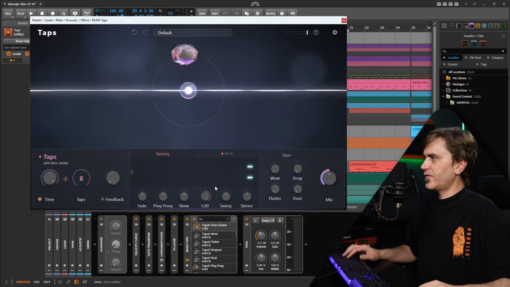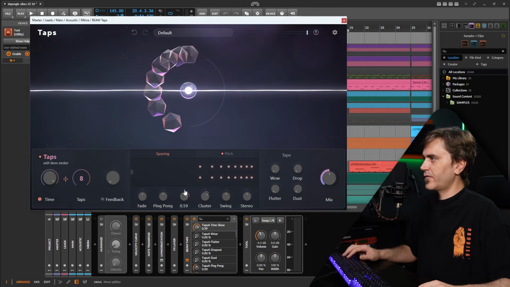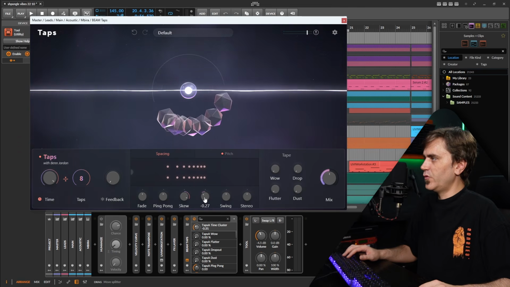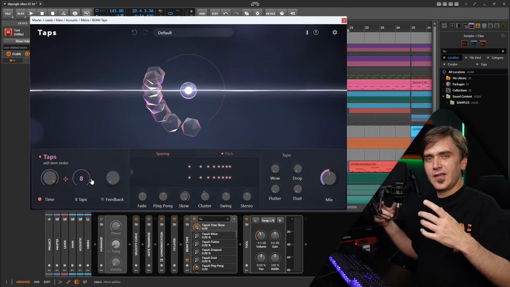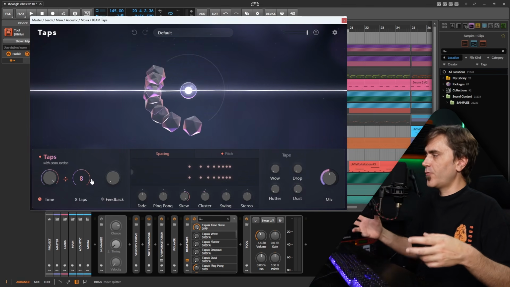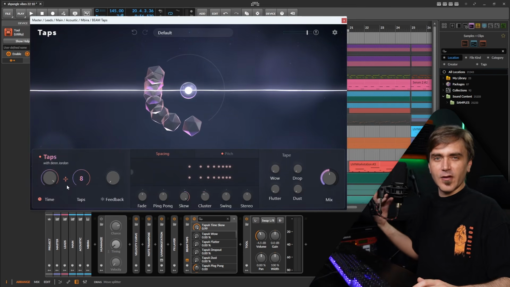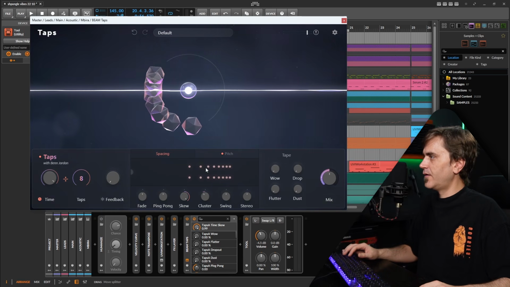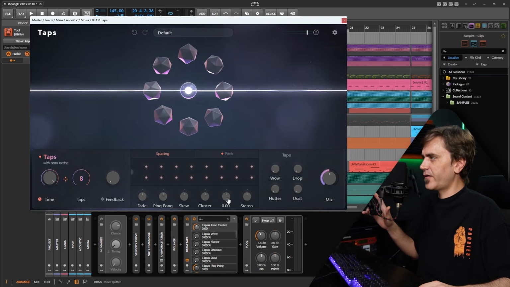whereas cluster just moves them all left or right, if that makes sense. So this creates a rhythmic curve, whereas this just moves them. These take things a little bit off time, so they're not as cool for creating more snapped rhythms. But this can be really cool at faster tempos to create almost granular experimental micro rhythms and that kind of thing. I'll look into those shortly, but I want to show you some of these other settings here,